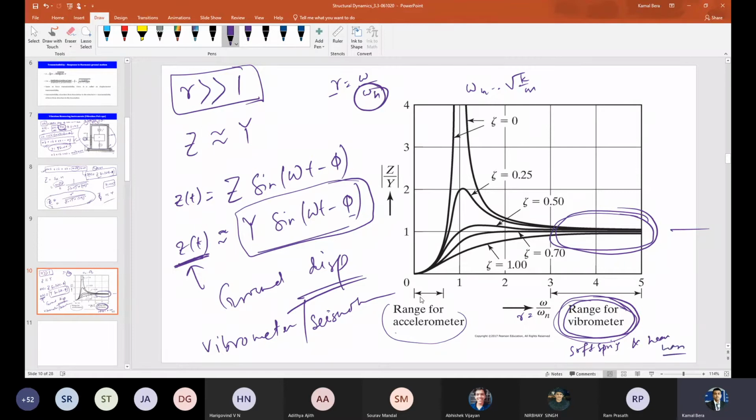And if it is a heavy mass, then the instrument will be heavy, right? A heavier instrument is not preferred actually. That's why the vibrometer or seismometer is not preferred. The next thing we are going to discuss operates in this range, that's the accelerometer, just to measure acceleration. Once you get the acceleration, you can integrate it to get the velocity, and further integrate it to get the displacement. That is actually preferred, because intuitively the system will be lighter. Here a light mass and heavy spring is required. Okay, the opposite.